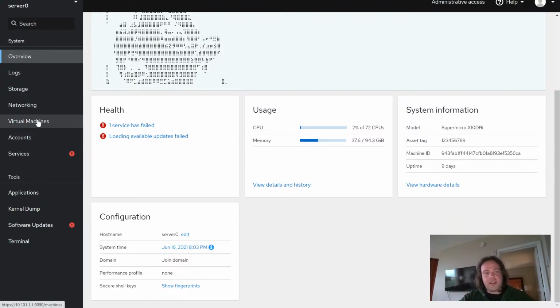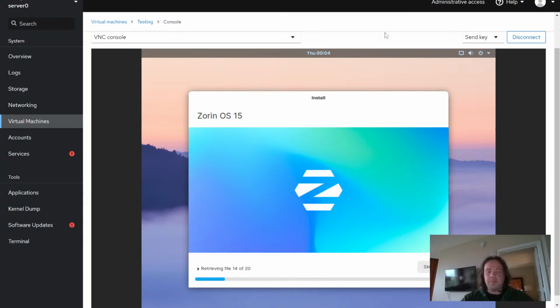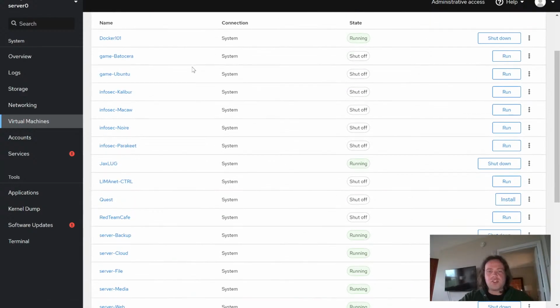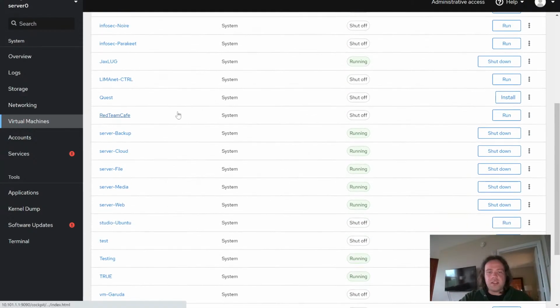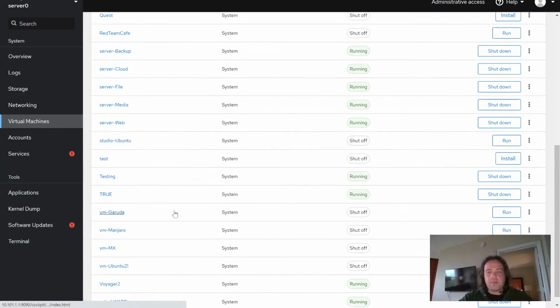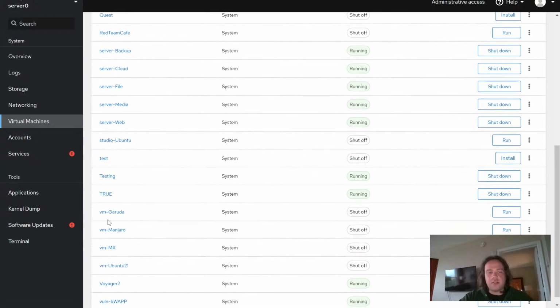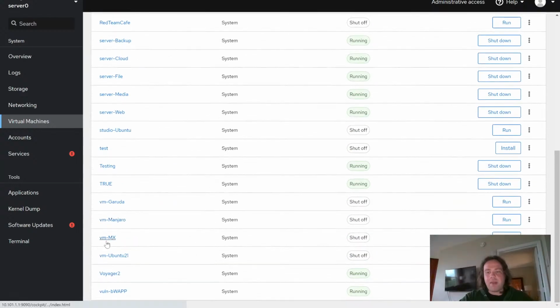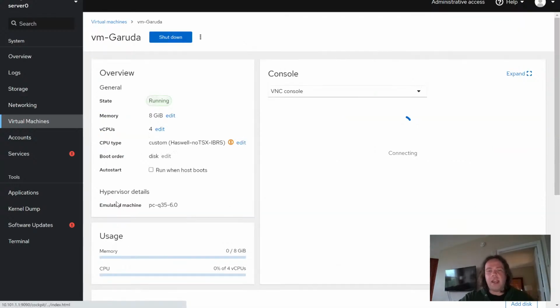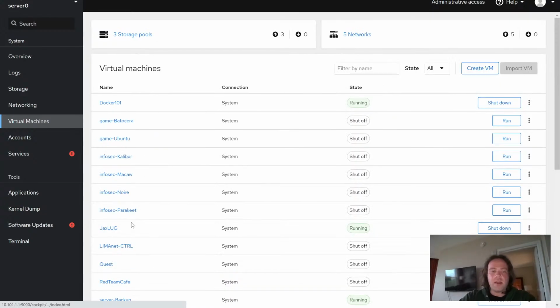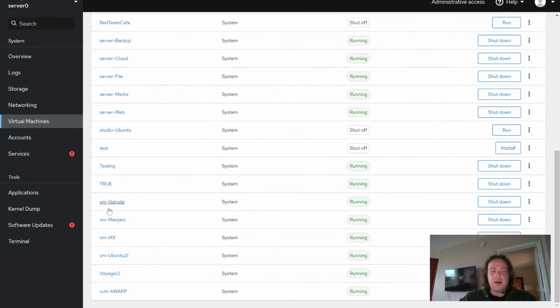And it's crazy to be able to do this. While this is loading, I can show you how easy it is to just start up and run a virtual machine. Let's say, for example, I have these guys right here. I got Garuda. If you never tried Garuda OS, you should try it. I got Manjaro, I got MX, and they're all shut off, but we're going to go ahead and turn them on. Run, run, run, and run. Okay, they're all going to start up, and you can see right here, they're all starting up as if they were native